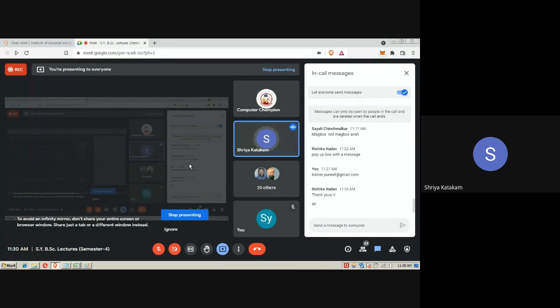Sir, I'm getting an error, sir. It says runtime error 13, type mismatch. Yes, so it might be the same concatenate operator. No, sir, it is the AND operator. Yes, the AND operator, that is called a concatenate operator. So what's the error, sir, then? Please share your screen so that I can see it.